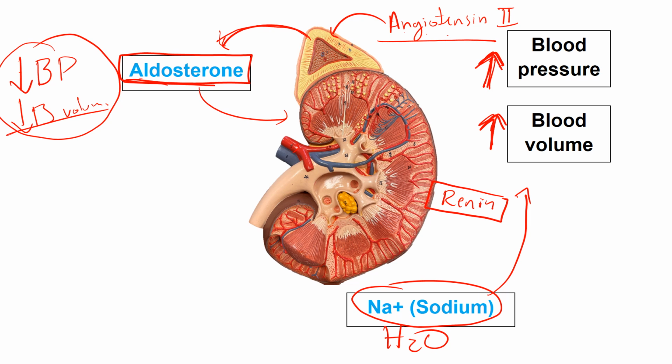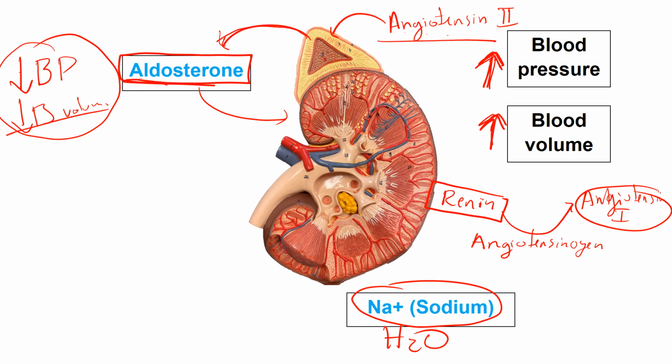So renin then will activate, and I'm going to mention it, but again, this is something we're going to look at in more detail in future classes. Renin essentially is the hormone that transforms angiotensinogen into angiotensin 1. Angiotensin 1 is going to travel through the bloodstream and will reach the lungs. And in the lungs, we have an enzyme called angiotensin converting enzyme,